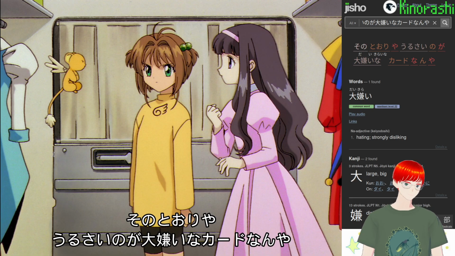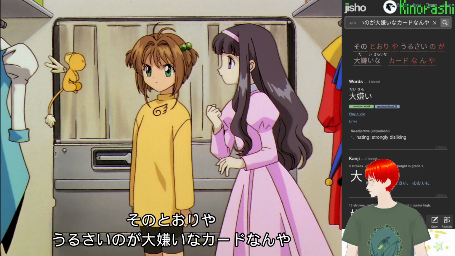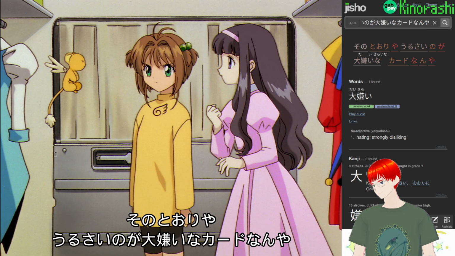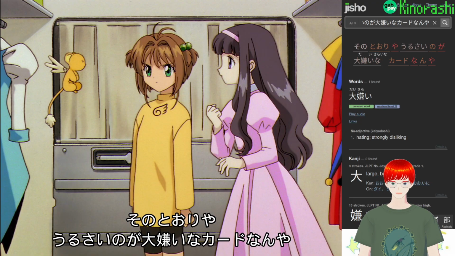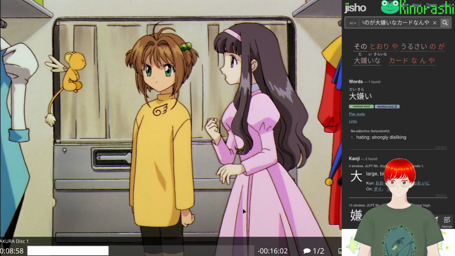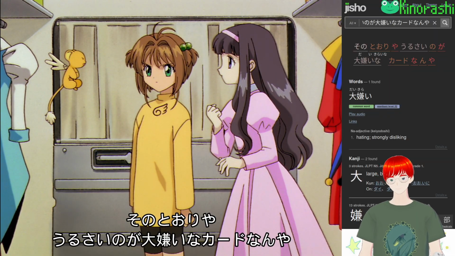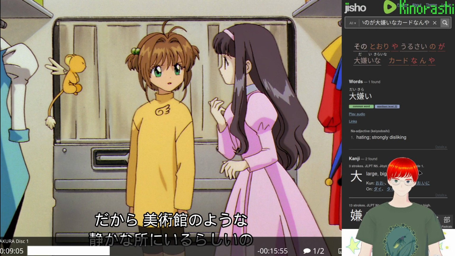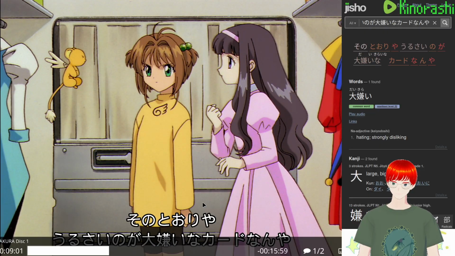So as for noisy, let's see, if that was an adjective like red, I would be saying the red card. So when you say the strong dislike card, you're not talking about you disliking the card, you're saying that the card has a strong dislike, okay. So as for noisiness, the card dislikes it. Urusai no ga daikirai na kado nanya. サイレント、音がないっていう意味ですわね。その通りや。うるさいのが大嫌いなカードなんや。